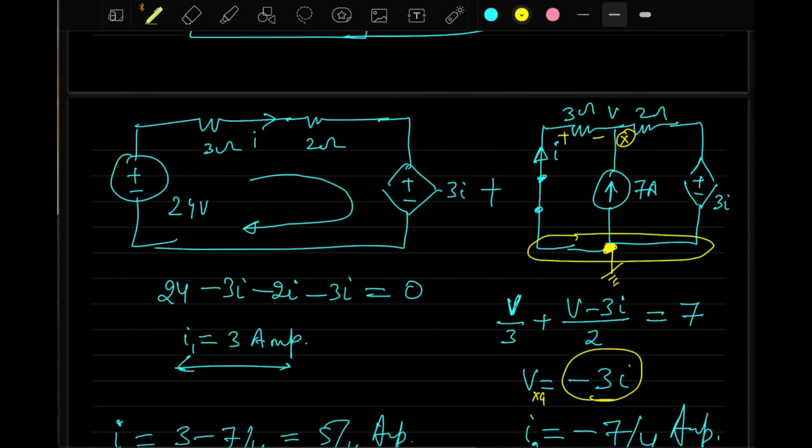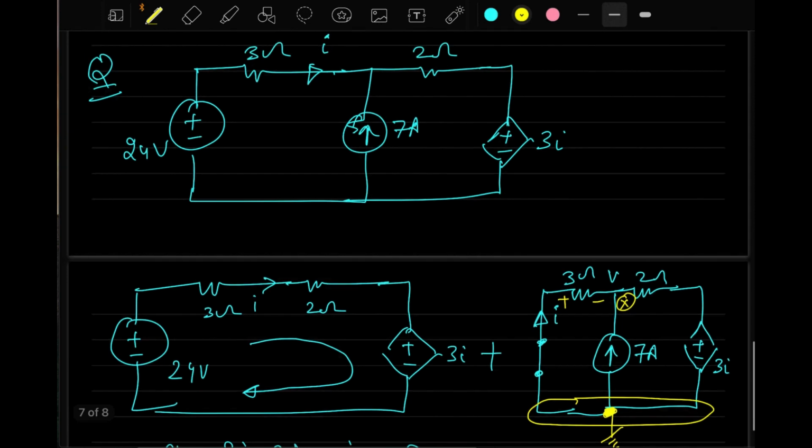Sir, I just wanted to ask that in the circuit, the value of control source 3i, in that I is the total current which is passing through the 3 ohm resistor. So can we just break down like this, for the supernode first, and this is I1 and this is I2? Can we write 3i1 and 3i2 at that control sources? Yes, you can do that. Yeah, 3I1, 3I2.